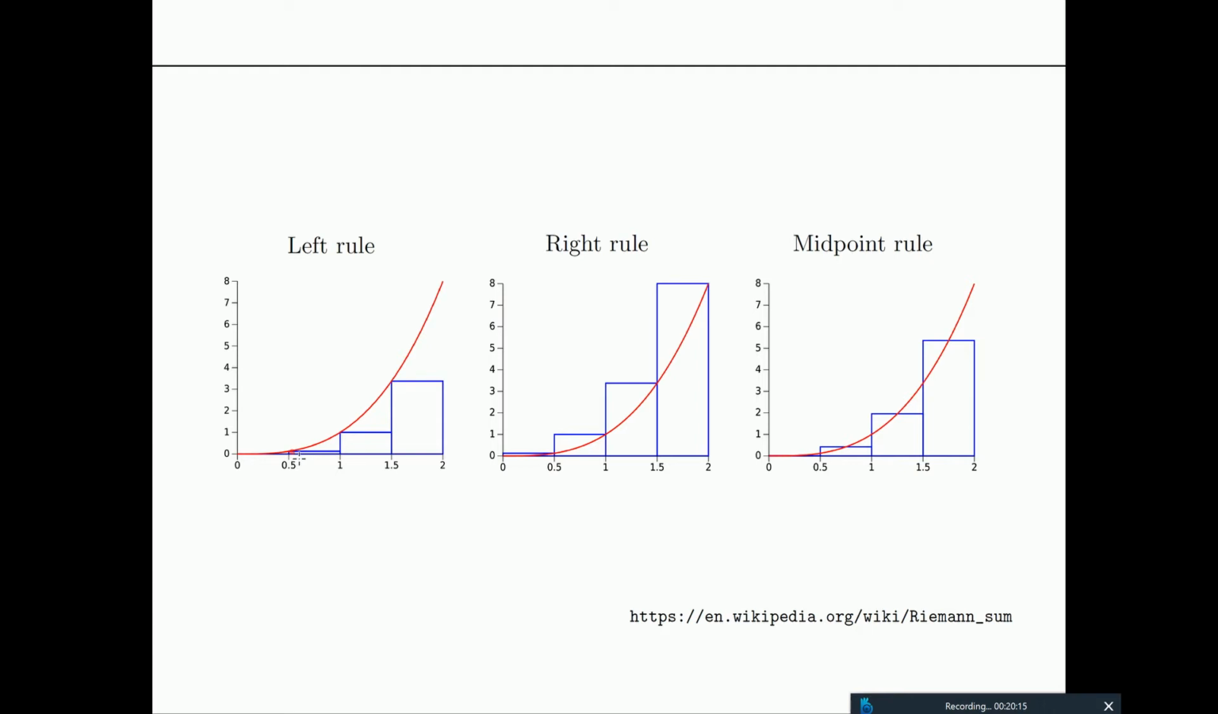Here for the left rule, of course the idea is that you approximate this integral, the area under the curve, by summing up the values of these areas. For the left rule you have these areas. For the right rule you have these areas, so here you would overestimate the integral, you would underestimate the integral, and for the midpoint you choose these values, so you have this area, which maybe from these three options looks the best,